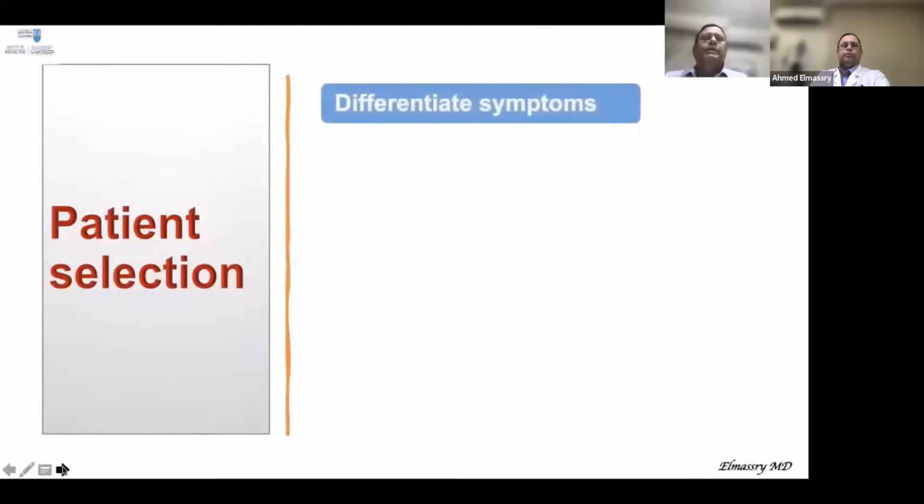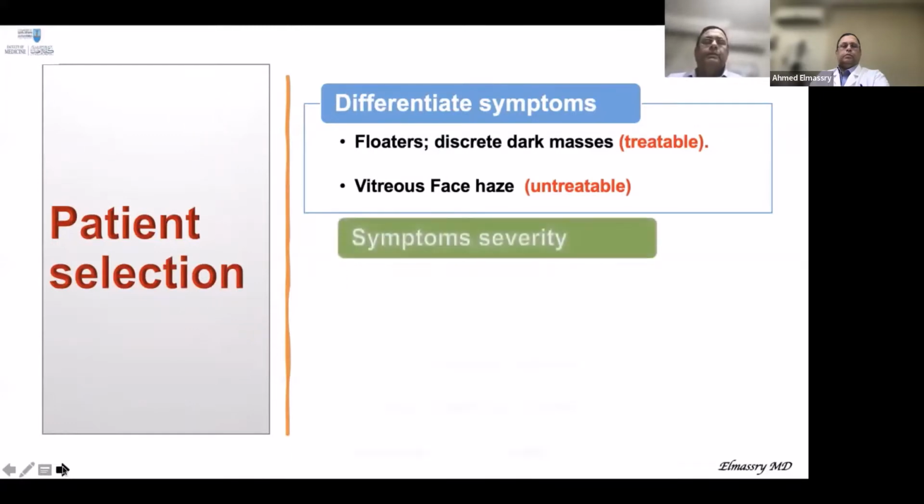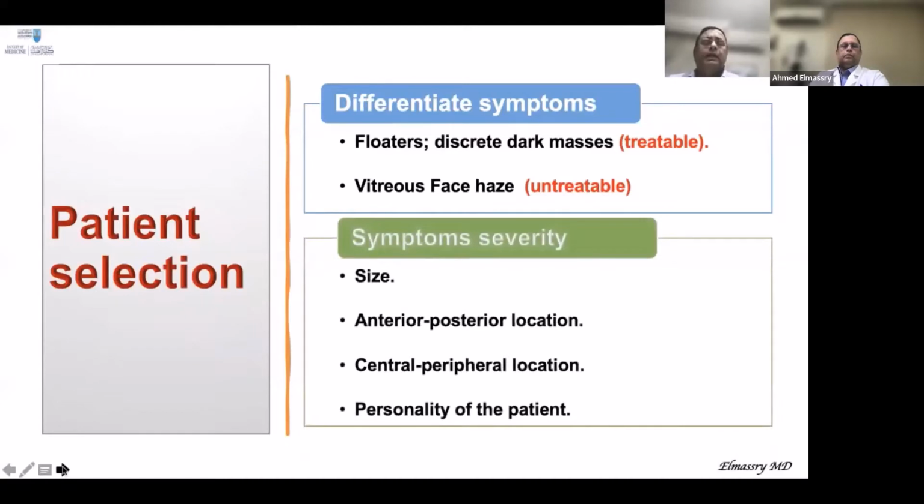Okay, patient selection. Again, this point will be discussed, but I'm just describing it in my presentation to differentiate between the symptoms: floaters with discrete dark masses are the treatable ones with the YAG laser vitreolysis, while vitreous haze is untreatable with the YAG laser vitreolysis, and needs other ways of treatment like the pars plana vitrectomy. And the symptom severity depends on the size of the vitreous floater, whether it's an anterior or posterior location, as had been described before, whether it is central or peripheral,